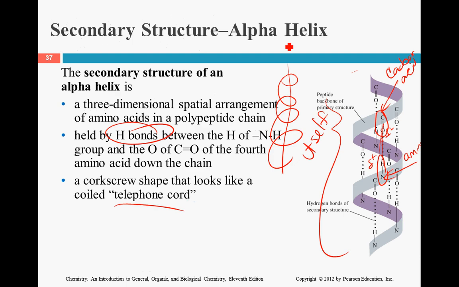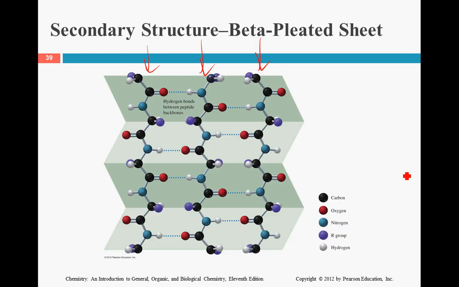With the alpha, the R groups, the different amino acids that are chained to these carboxylic acids and amines, are actually coming out of the circle, out of the spiral. With the beta sheets, they're coming into the computer and out of the computer. Side by side,